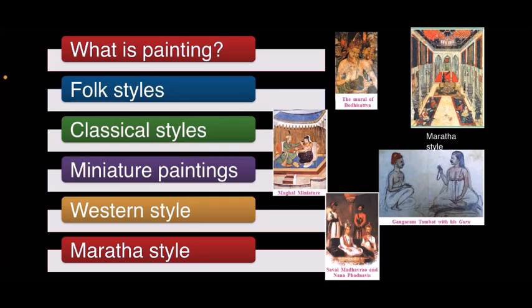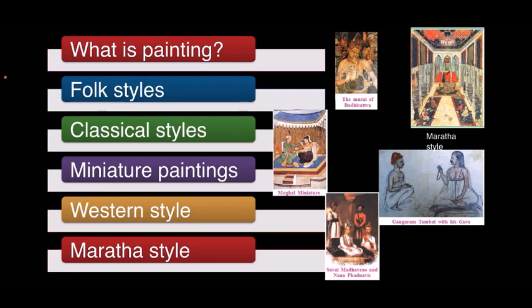Now let's see classical styles of painting. There are altogether 64 arts mentioned in ancient Indian texts. The art of painting is mentioned as Alekhyam or Alekhya Vidya. It is said to have six main aspects: Rupabheda, different shapes and forms; Pramana, proportionate depiction of various features of an image; Bhava, which is expressions; Lavanya Yojana, which is aesthetics; Sadrushyata, which is resemblance to reality; and Varnika Bhanga, which is color composition.